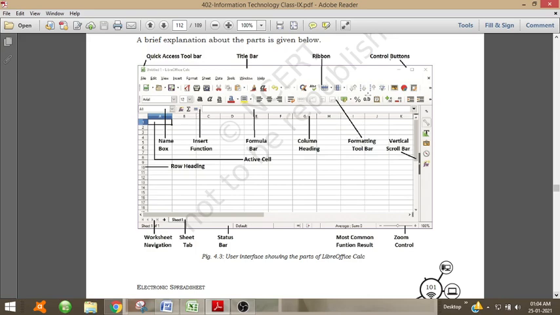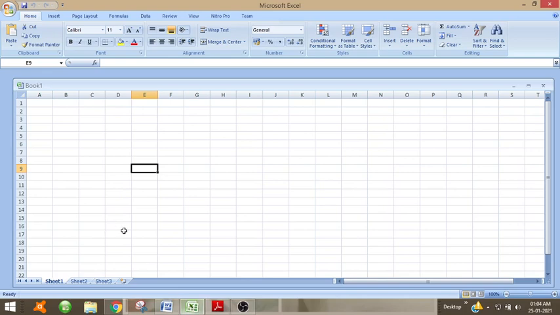Then these are the toolbars containing the different tools. Then this is the scroll bar, that is, we can scroll this. Then this whole area is the worksheet. The sheet is also called a worksheet.